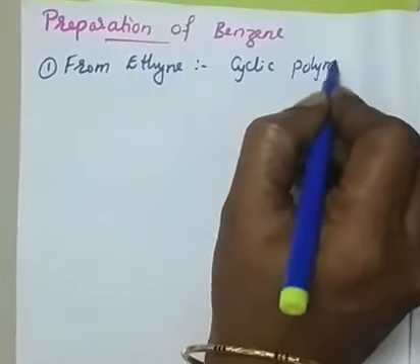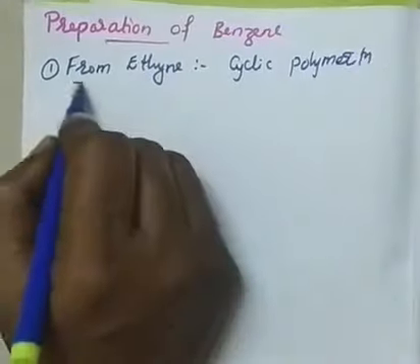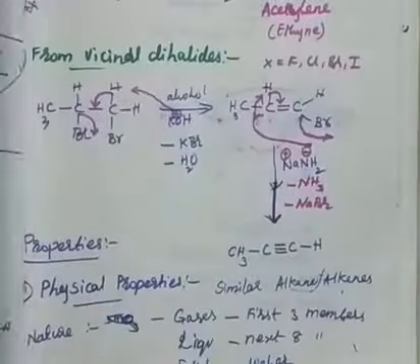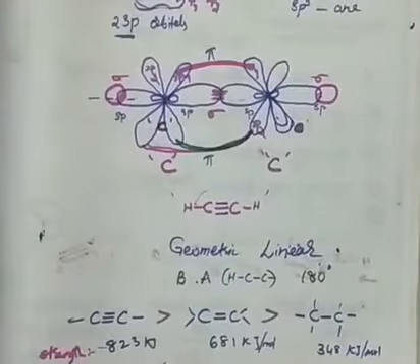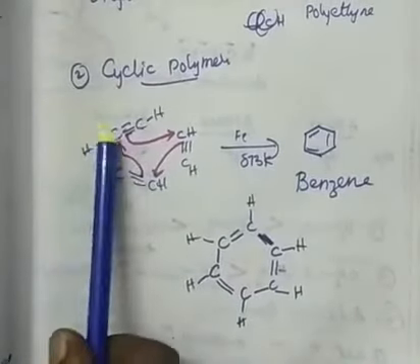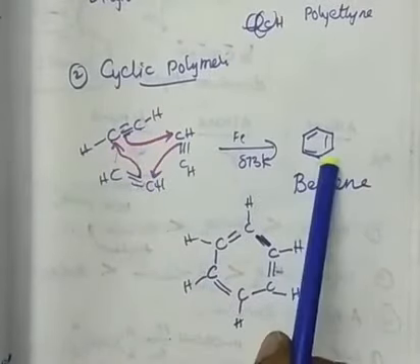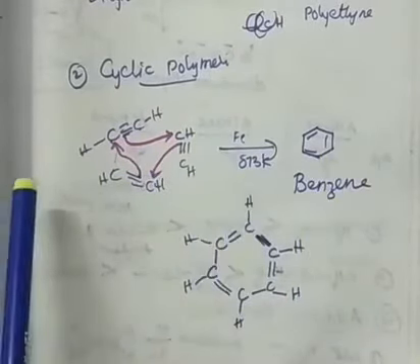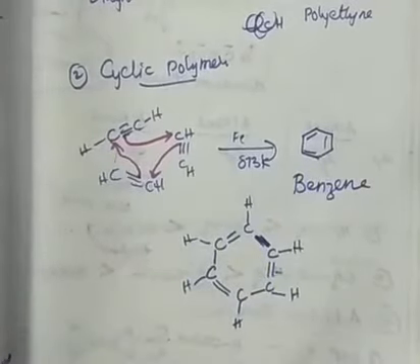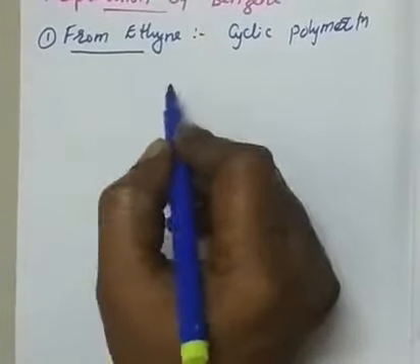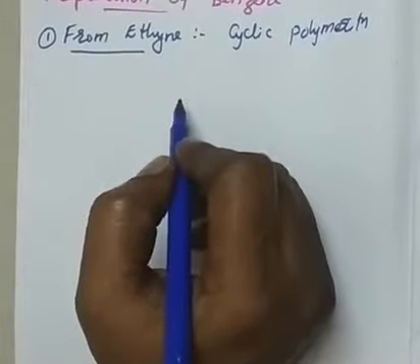I have discussed this when I discussed alkynes, right? Ethyne under cyclic polymerization combines to form benzene. Wait a minute, I'll show you. This is what I have already explained. So here, ethyne monomer units undergo cyclic polymerization to give you benzene under the catalyst and a little temperature. This is the best method of preparation of our benzene. So I'm not repeating the reaction again. Hope you can write from there. Just write 3 molecules of ethyne, then iron, catalyst and temperature, and benzene.